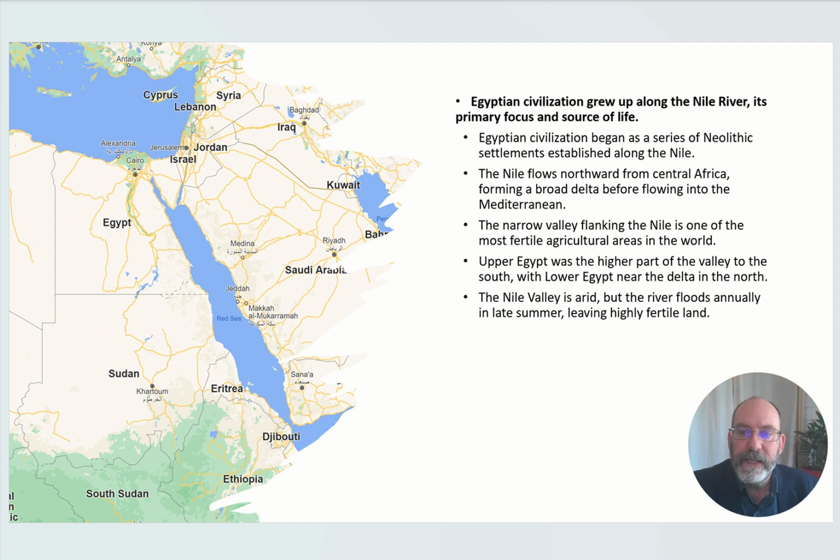The Egyptian civilization began as a series of Neolithic settlements established along the Nile. So when we talk about Neolithic, we're talking about the first people that go out after the flood and begin to build civilizations. So civilization stayed right along that river. That's not that different from Mesopotamia either. Just Mesopotamia had two rivers, and those cultures, ancient Sumer and the rest of them, grew up in a similar kind of fashion.